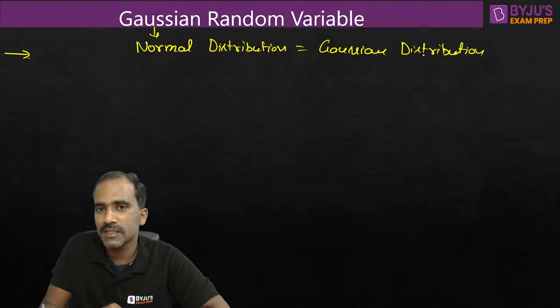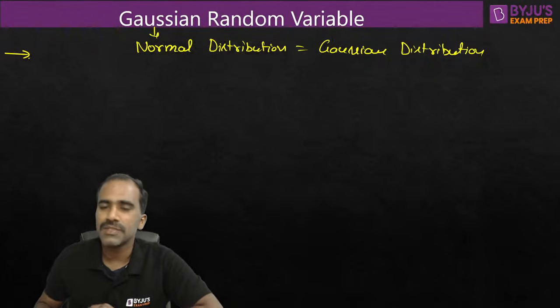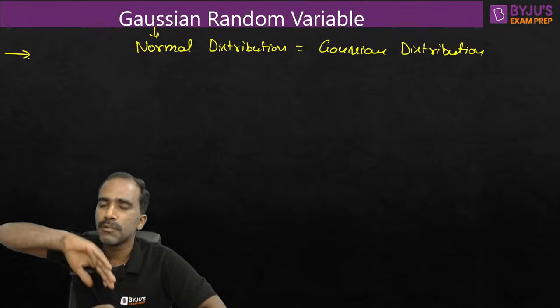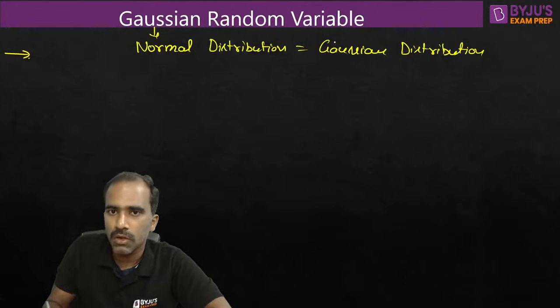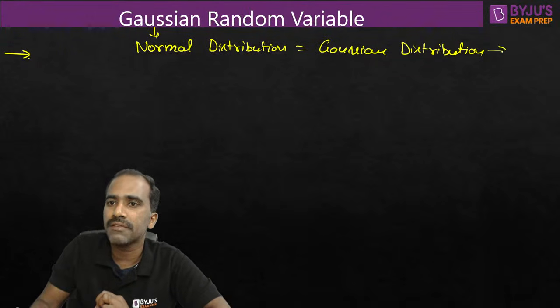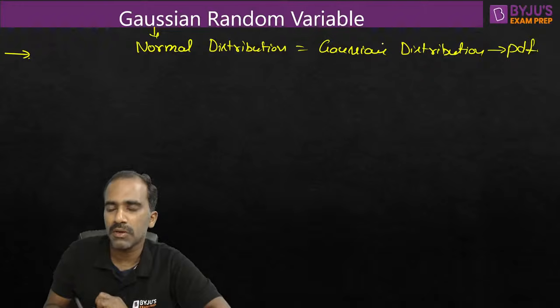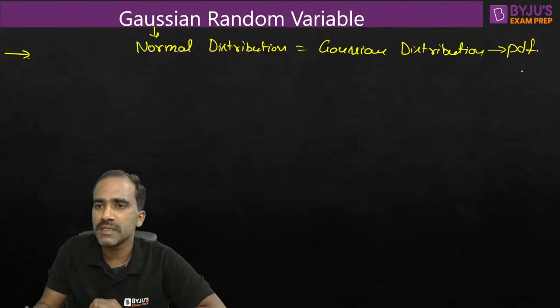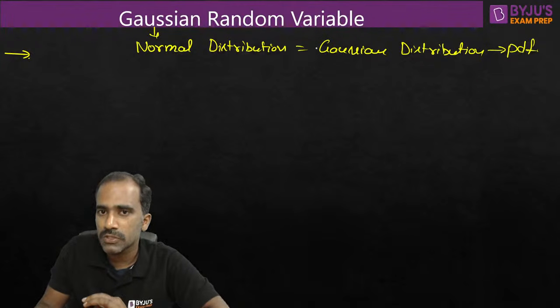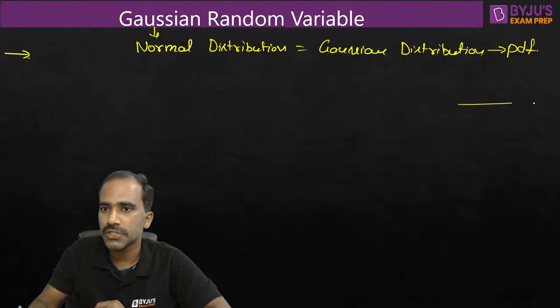Because if you observe the Gaussian distribution, the shape is increasing and then decreasing. So a CDF can never be decreasing. It should be monotonically non-decreasing. So Gaussian distribution or normal distribution represents only a PDF, probability density function, not CDF. But for this Gaussian distribution, you can plot a CDF. Gaussian shape represents only PDF, not CDF, because the Gaussian shape can never represent a CDF, as it is increasing as well as decreasing. So Gaussian shape looks like this, right?